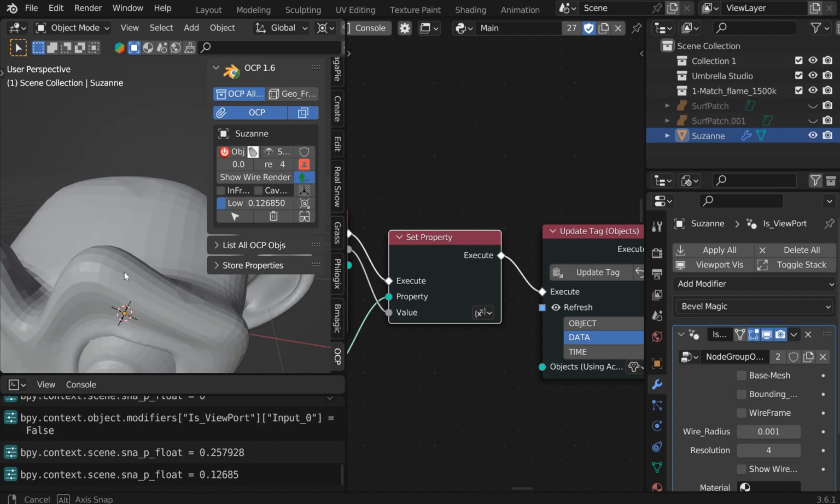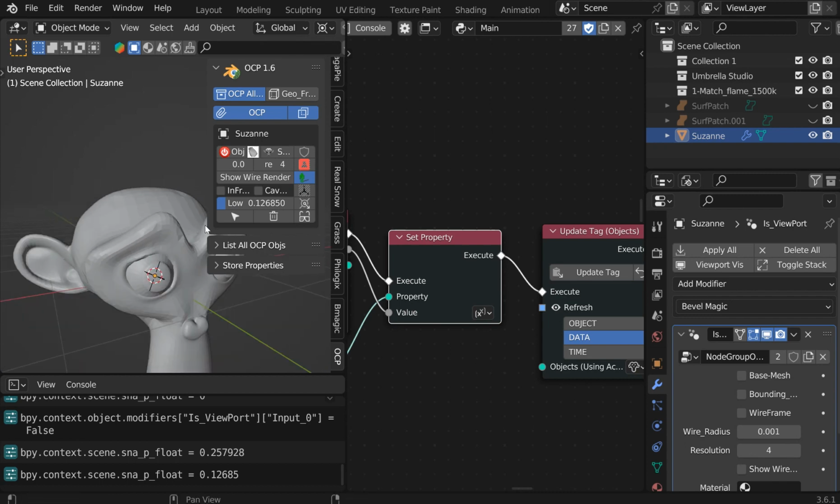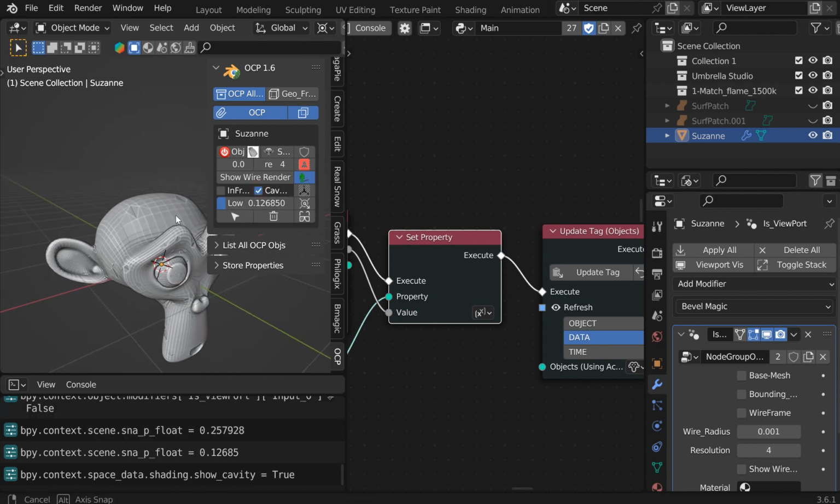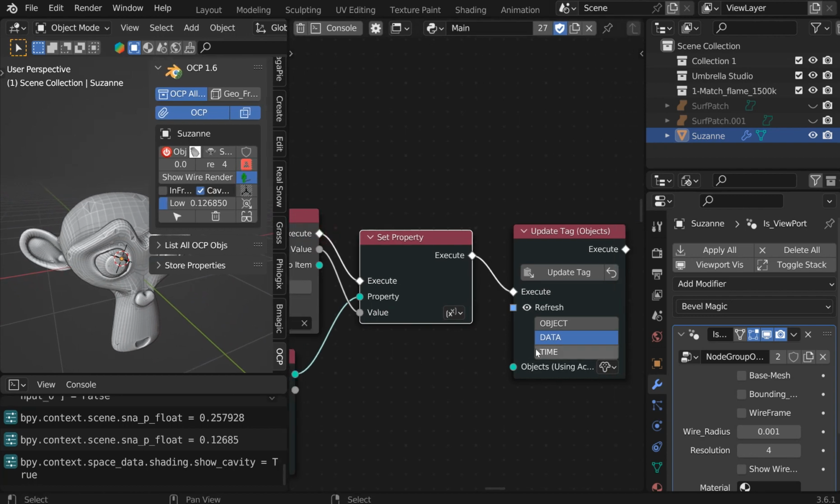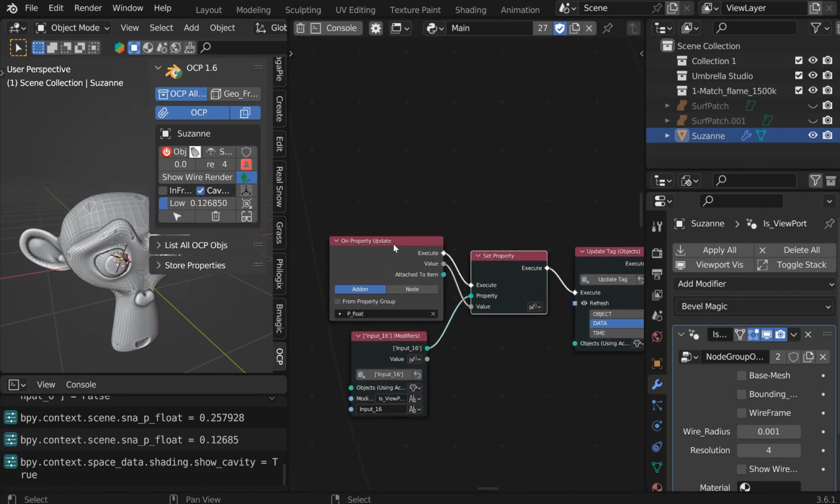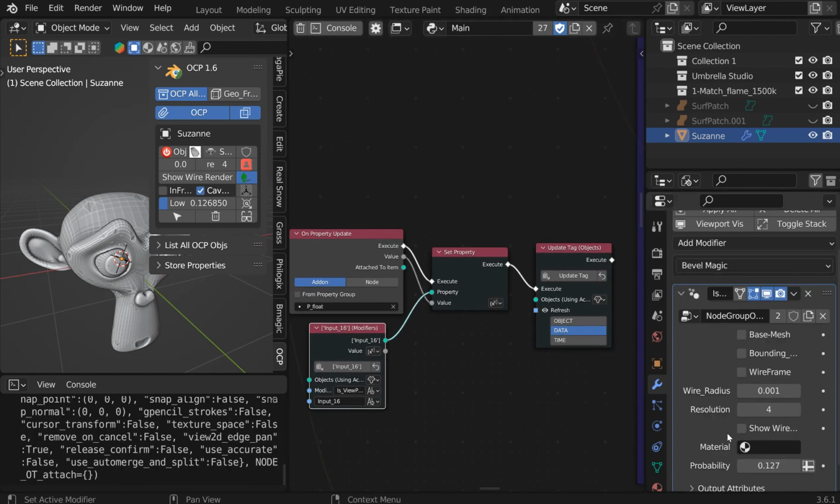You can add just enough. Not going to add a whole lot, but it could definitely bump it up for you. And that actually looks pretty good. So there you go. That is how you would properly use an on-property update with a property that you just